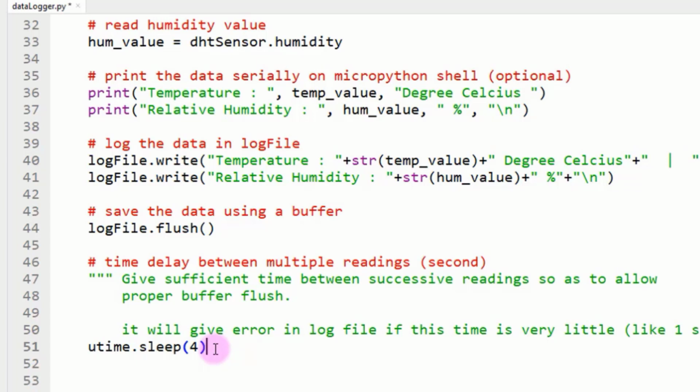So in this way we can create a data logger and we can log the data generated by any sensor into the text file, and then we can use that text file later on for post-processing operations, for creating beautiful graphs using Python and Matplotlib, or we can make any other projects. The applications are tremendous. So I hope that this has helped you in getting an insight into data logging using Raspberry Pi Pico and MicroPython.